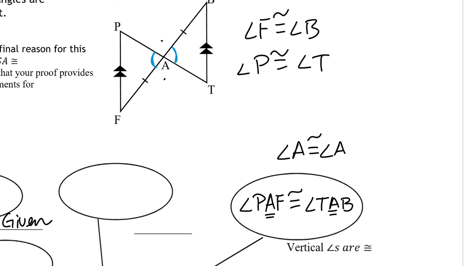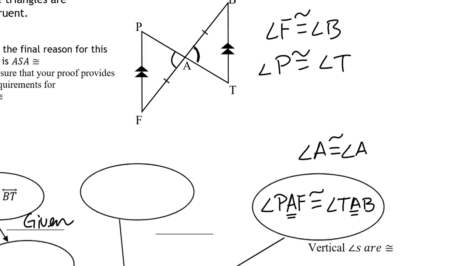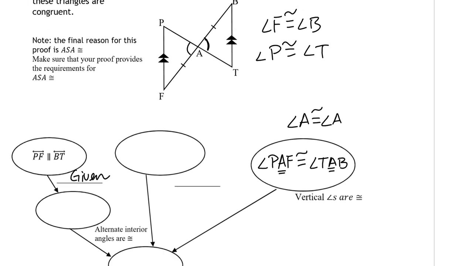So by saying angle PAF, I'm very clearly talking about this angle, and when I say angle TAB, I'm very clearly talking about this angle. So those angles are congruent because vertical angles are congruent. And at this point, I think I'm ready to decide which of the other two angles I need to mark